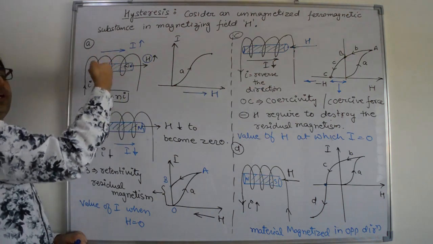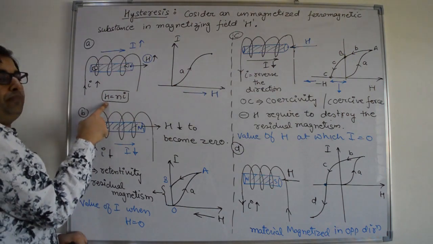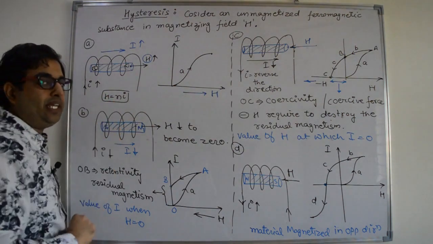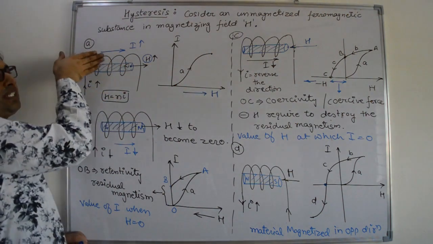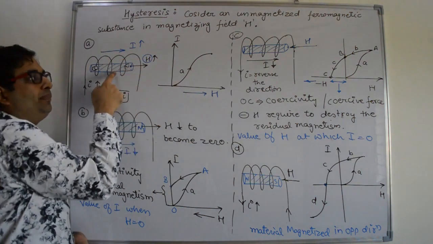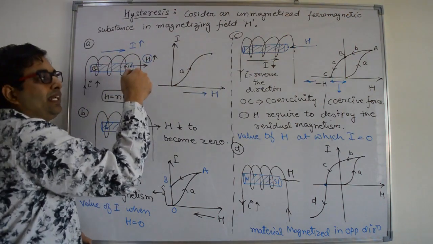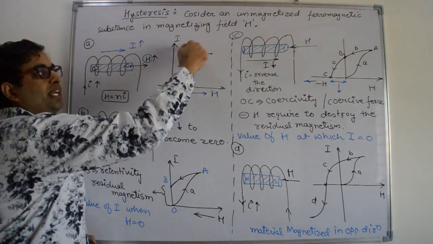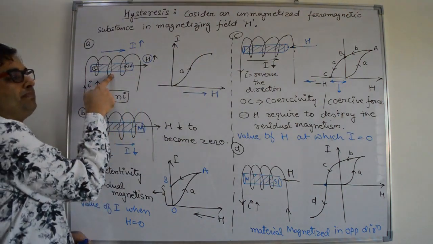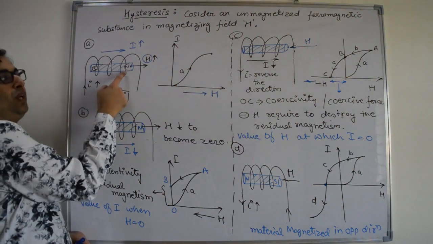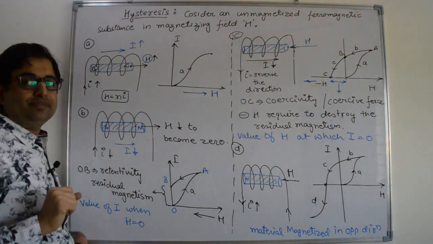created by a solenoid. Current is I and current is clockwise. So the value of magnetizing force H is equal to N into I. As we increase the value of current, H will also increase. So the external magnetic field acting on the material will also increase. From the previous topic, we know that intensity of magnetization will increase rapidly and become saturated. Right? So this material will work as a magnet now.